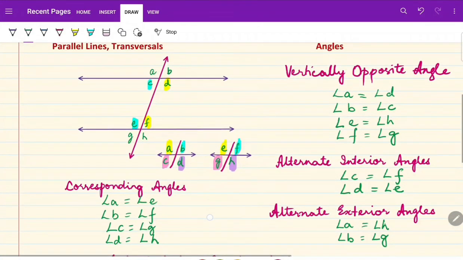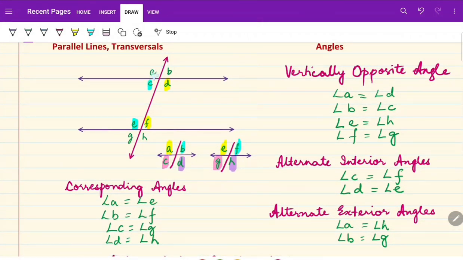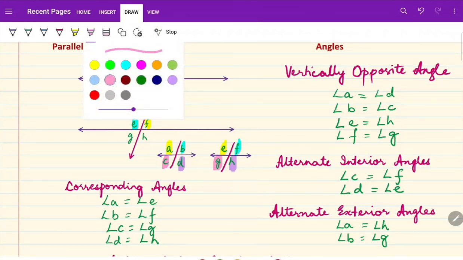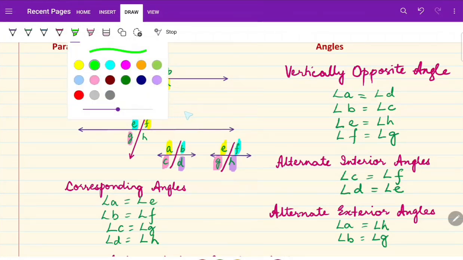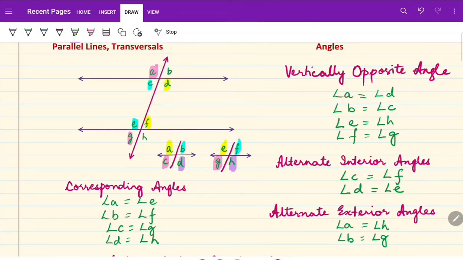Then we have the exterior angles. Angle A and angle G will be equal to 180 degrees when we add them up. Likewise, B and H will add up to 180 degrees. They are the same side exterior angles. All right, so let me just quickly highlight them so you see which ones. These are the same side exterior angles. And then, maybe the gray here, B and H. All right,